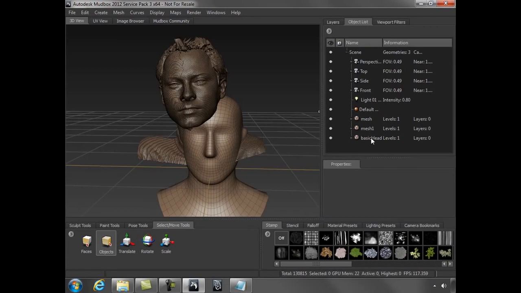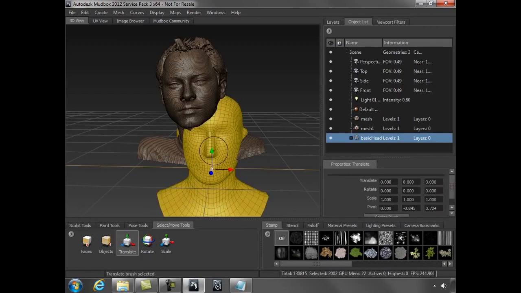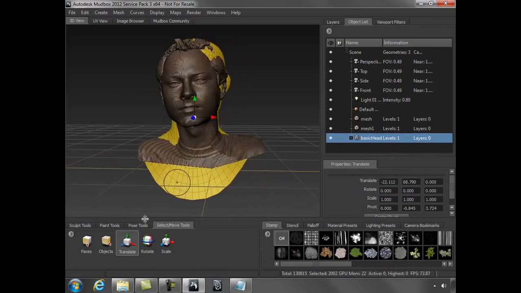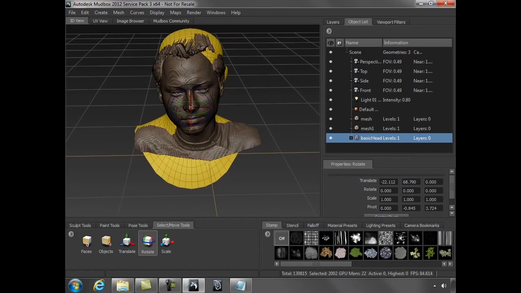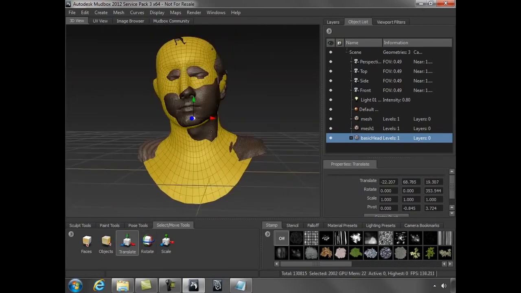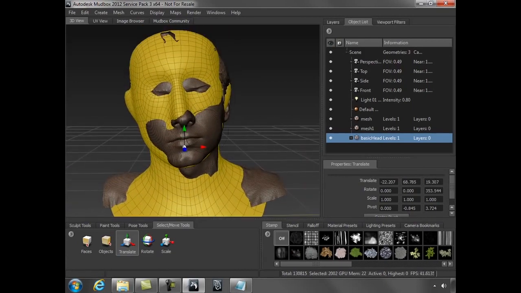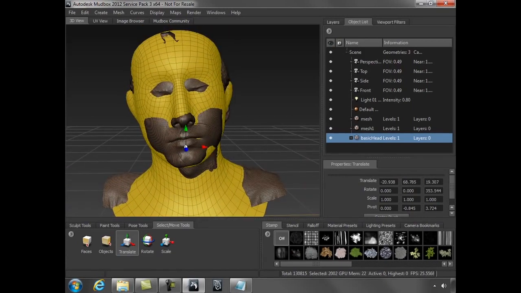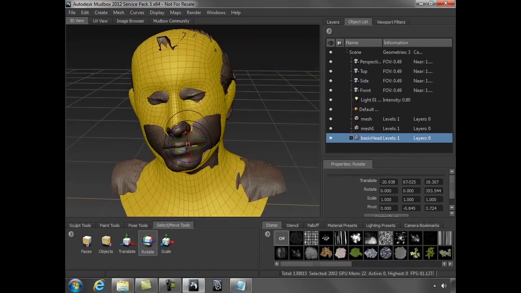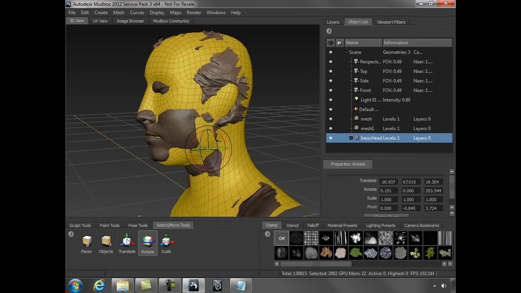And after adding that, what we want to do is align the two up. So I am resizing and translating this object, the basic head that comes with Mudbox, to match roughly the scan data that we have. It doesn't have to be too accurate, but what we need to do is align some of the landmarks of the face. And I talk about this a little bit more in detail as to what those landmarks are in my book. But here I'm just very quickly trying to move this mesh and rotate it and align it so